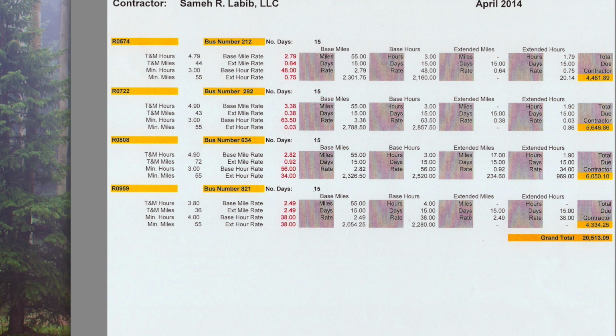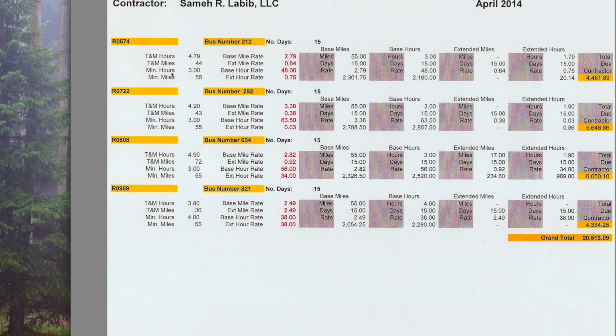Okay, now look on the sheet that looks like this. Get the one that looks like it from the previous month, and for example, route R0574 had 4.79 hours, 44 miles. Check that with the previous month. Also,